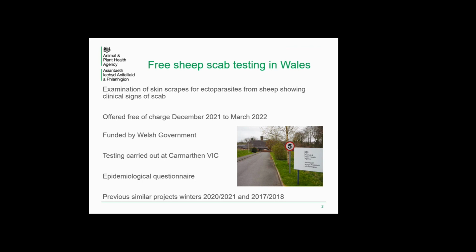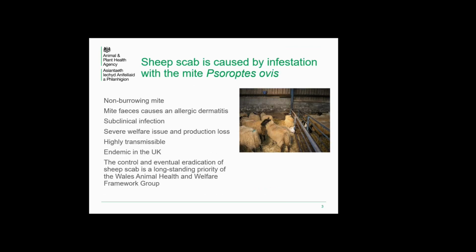Previous similar projects have been held over winters 2020 to 2021 and 2017-2018. So just a recap over sheep scab. It is caused by infestation with the mite Psoroptes ovis. This is a non-burrowing mite that's just about visible to the naked eye, but you can't rely on that for an accurate diagnosis. It's the mite feces that causes an allergic dermatitis on the animal, and this is what results